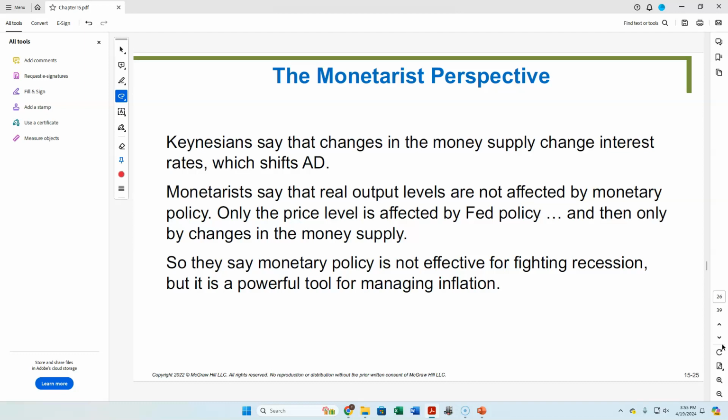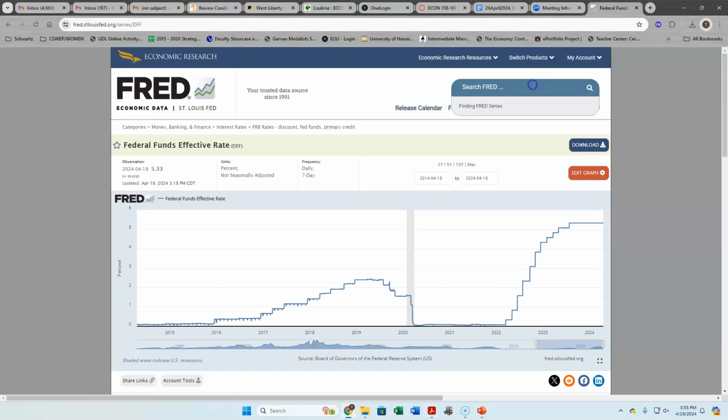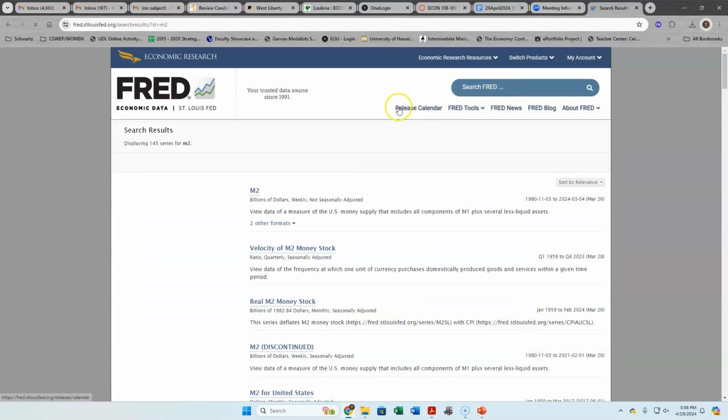And so think about that. If we judged our Federal Reserve based on its ability to control the price level, it's done a pretty poor job the past few years. It did a great job from 1985 all the way out through 2020. But then it's done a pretty bad job from 2020 all the way out through 2024, because we have these unsustainably high inflation rates that monetarists would argue are caused by a rapid change in the money supply, which we can see right here.